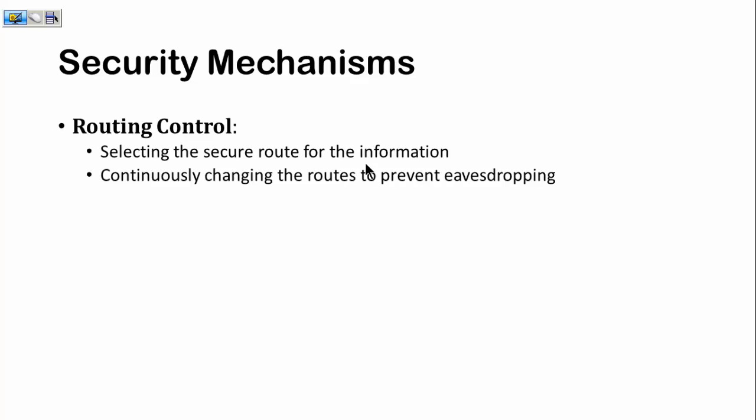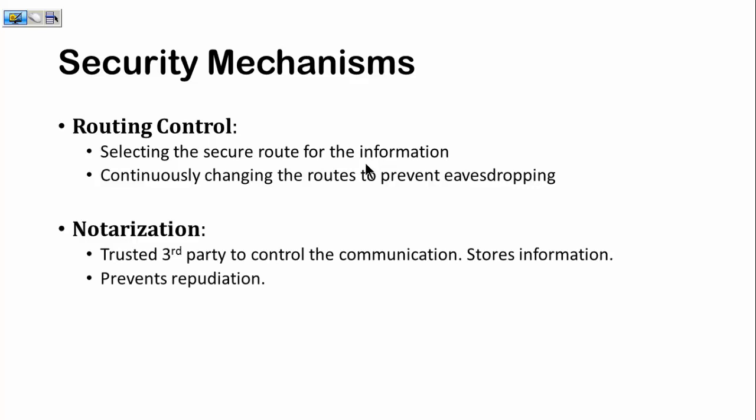Routing control means either you have got a very secure route which has been created by you, which has got computer systems that are very secure, and you want to channelize your confidential information only through that route. That means you are having a routing control in order to provide the confidentiality of your messages. Sometimes routing control also means that if one of the paths that leads to the destination has been compromised, then you should have alternative paths that you switch to immediately, so that the intruder has a lesser chance of eavesdropping.